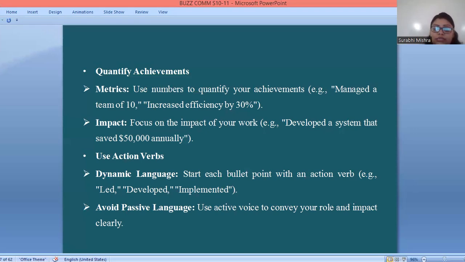Use action verbs here means dynamic language. It includes dynamic language. Avoid passive language. Use dynamic language here means start each bullet point with an action verb. Example, led, developed, implemented, right? Such words may be used to start a sentence in bullet points, right? That you led a team of 10 people, you implemented a change, or you developed such and such software. So these are the action verbs which we can use to enhance readability and to make an effective resume,